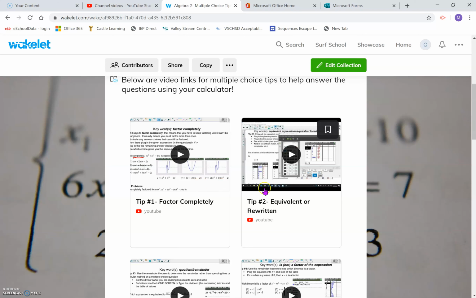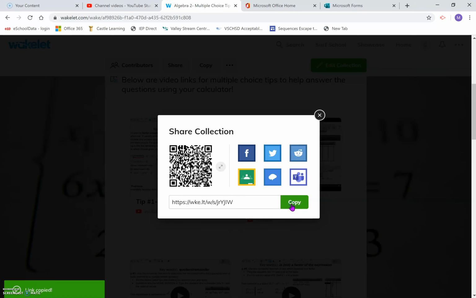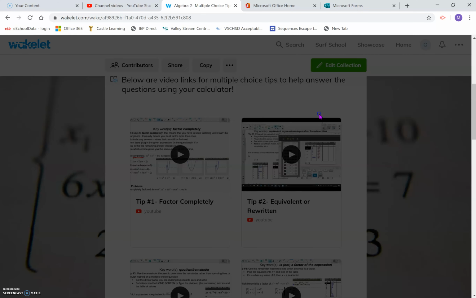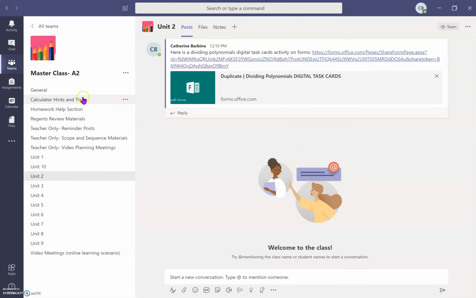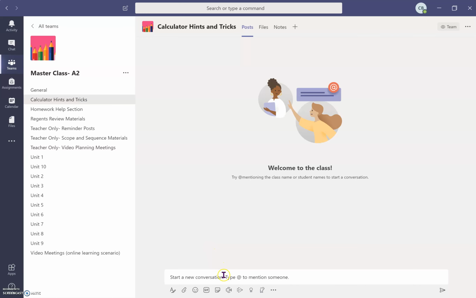So this is something that doesn't need to be personalized. I don't need to have my own Wakelet and anyone else who teaches it because we're not collecting responses. No directions are personalized. So it's just a resource for them. So I can put this direct link there. I don't need to share or create a copy or add a contributor. So in my TM calculator hints and tricks, I can write, here is the Wakelet